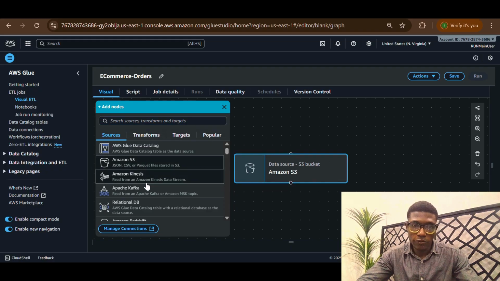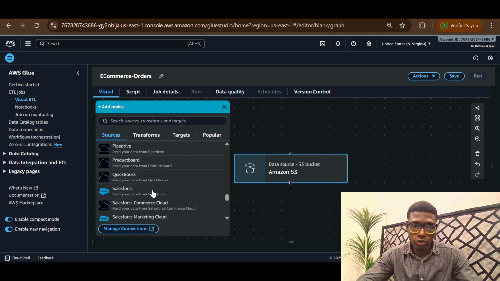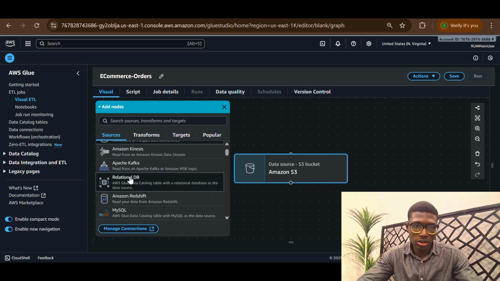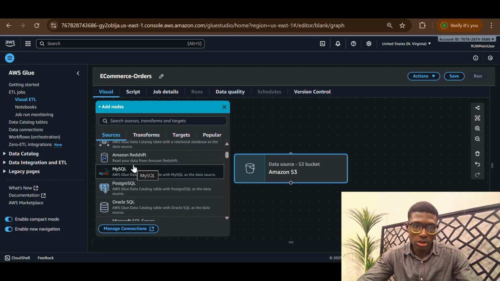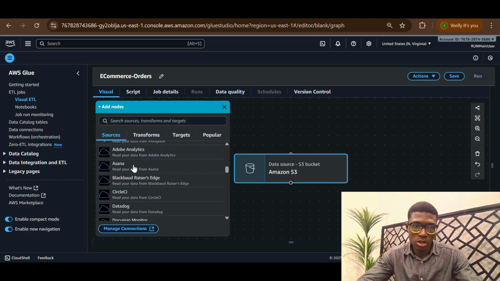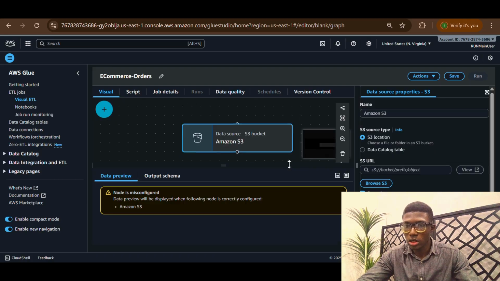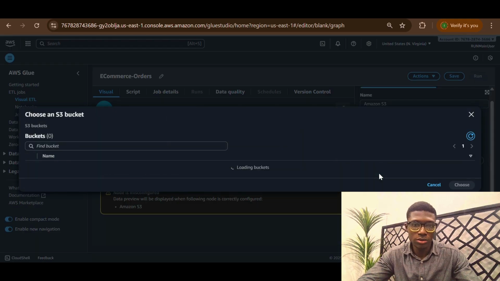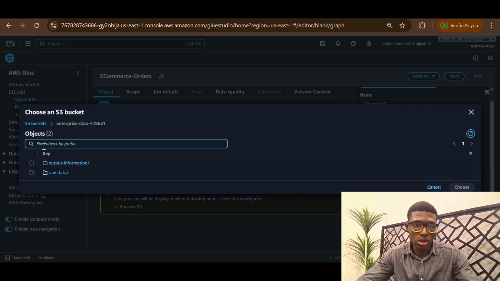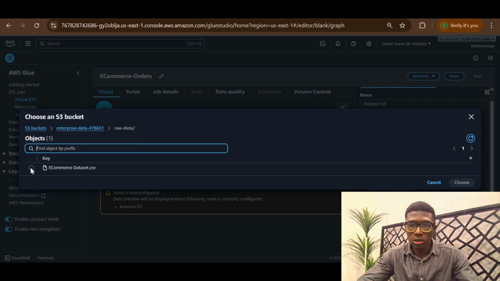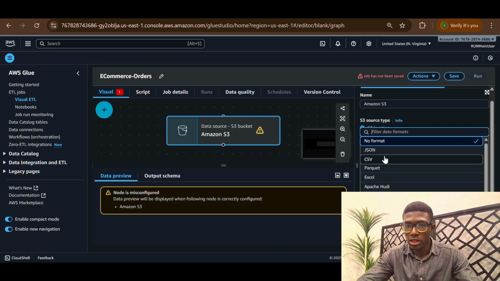As you can see, you have a lot of sources that you can pull from: Kinesis, Kafka, directly from your MySQL database, Oracle SQL, Snowflake, and on and on. So let's configure this data source. I'm going to browse S3. So this is the enterprise data S3 bucket we created. We have raw data. I'm going to select this. So the format is CSV,